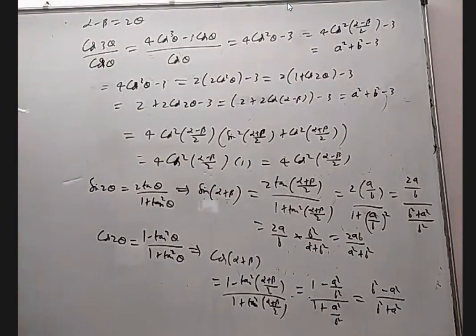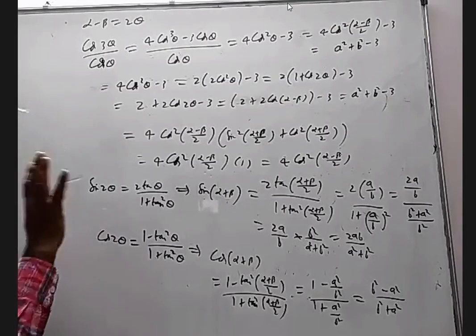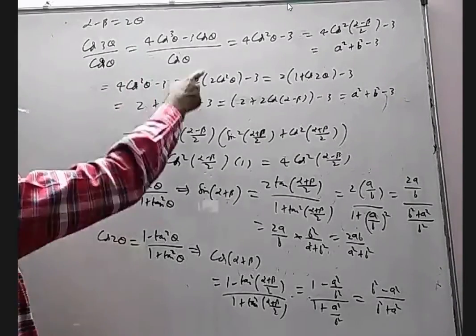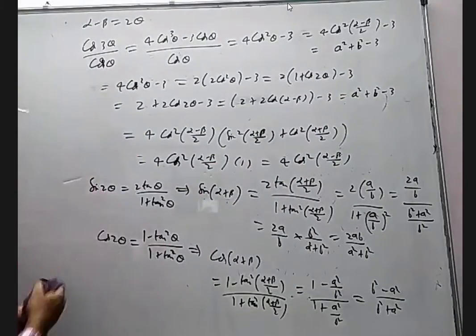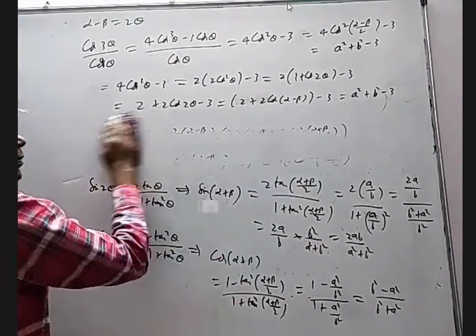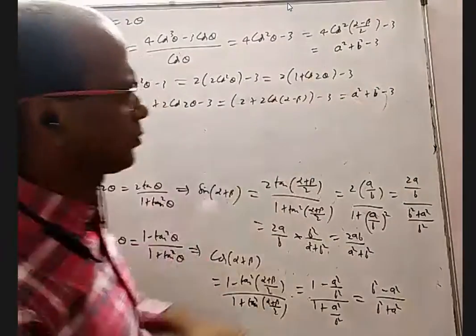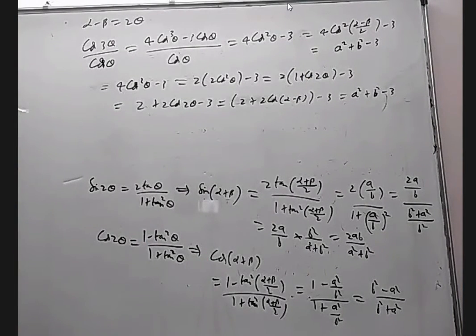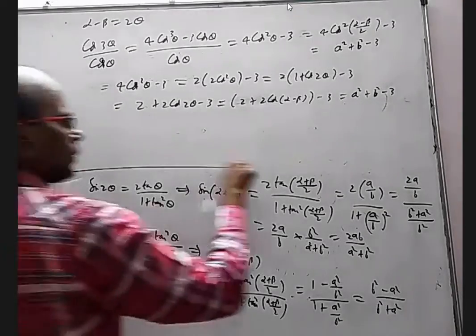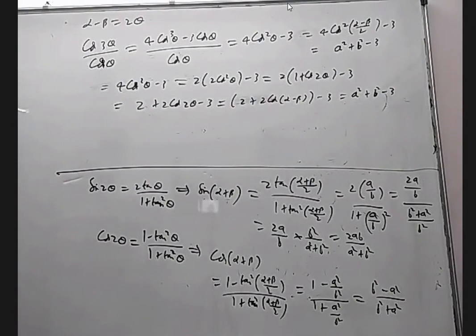Either way is okay. So only for 17, you can directly square and find only a square plus b square, nothing much. Or apply transformations, square and add to get a square plus b square. So for the 17th question, I may prefer the first method because it will directly give me a square plus b square. I don't have to apply transformations for both and square and add. So basically we give two approaches. One is to directly find a square plus b square and b square minus a square. Another approach is, for a apply transformations, for b apply transformations, and divide them or square and add them.